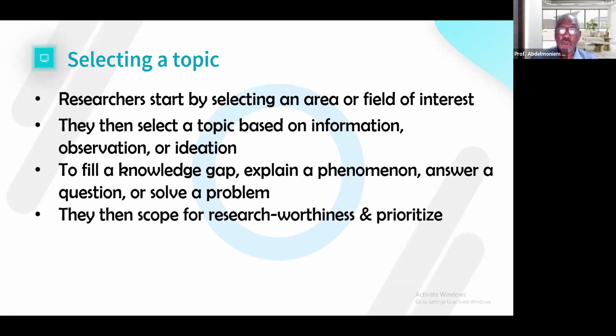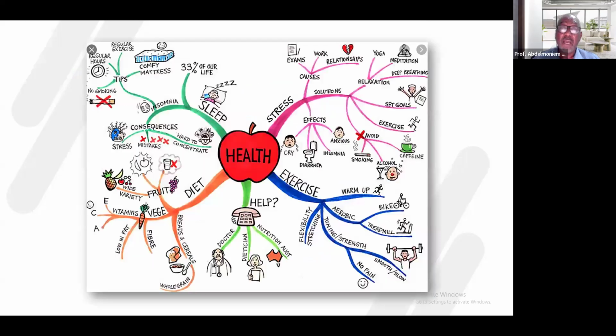Is it research worthy? Also, you can use artificial intelligence tools to scope for research worthiness and to prioritize. Maybe you have 3 or 4 topics, then you need to use an AI tool to prioritize. So AI tools can help you do that.